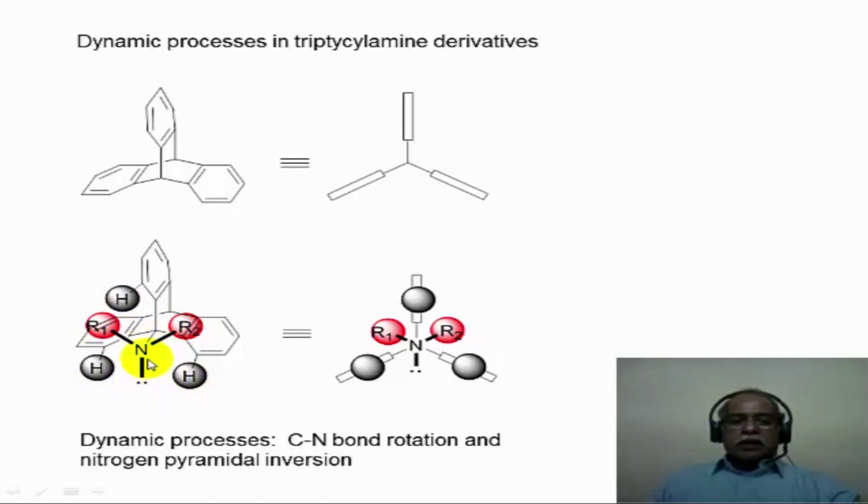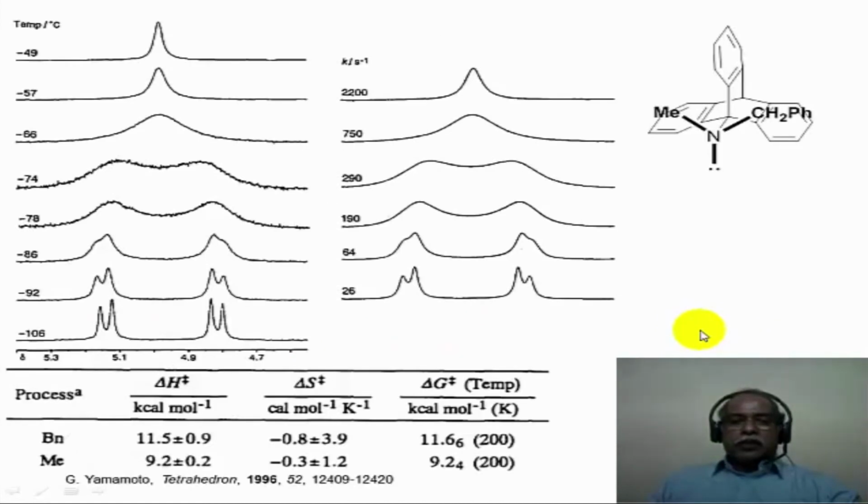That is one process. The second process is that the nitrogen can also undergo inversion, pyramidal inversion. The lone pair is down here. The lone pair can also become up by the pyramidal inversion. So this is essentially a propeller shaped molecule where the carbon-nitrogen bond has a restricted rotation. This has been studied by NMR spectroscopy. Now if you look at this molecule, this would be a chiral molecule if this is conformationally frozen in this particular state. The reason being there is no plane of symmetry or any Sn symmetry present in this molecule.